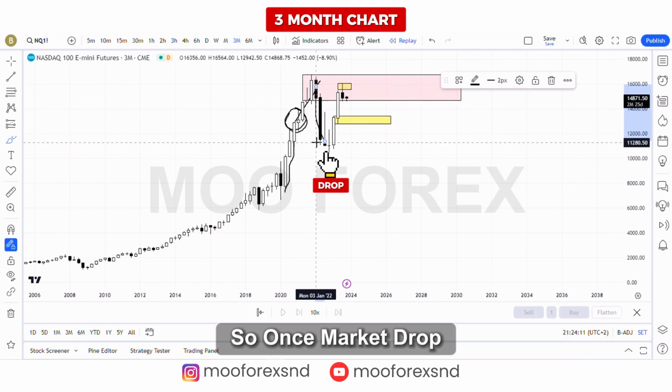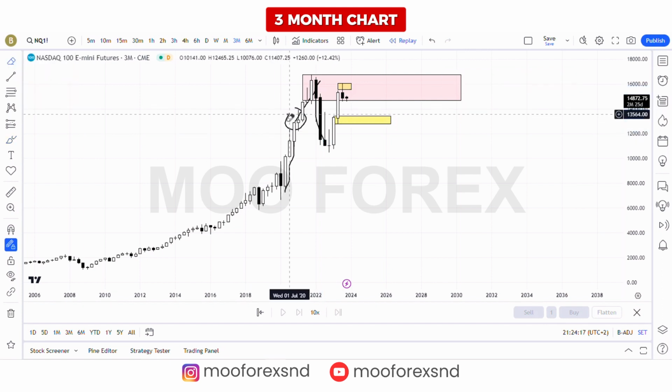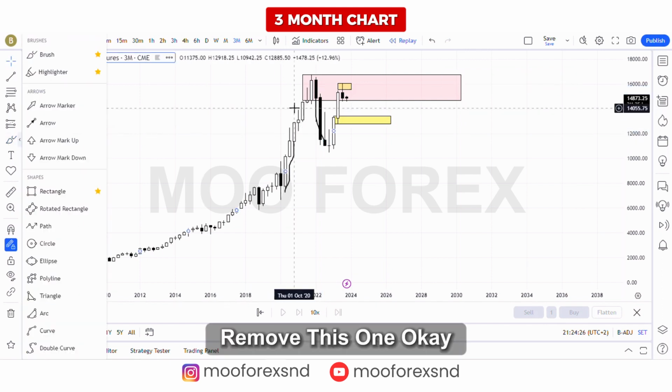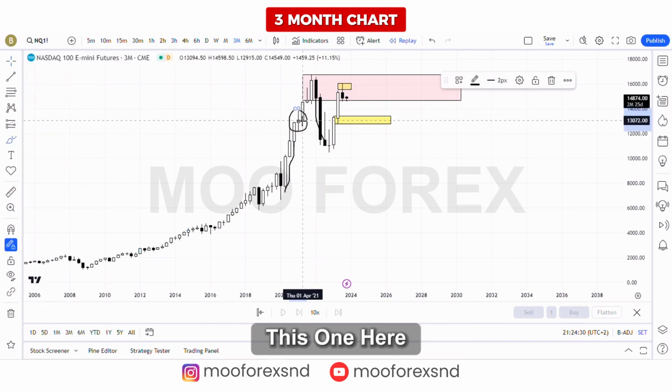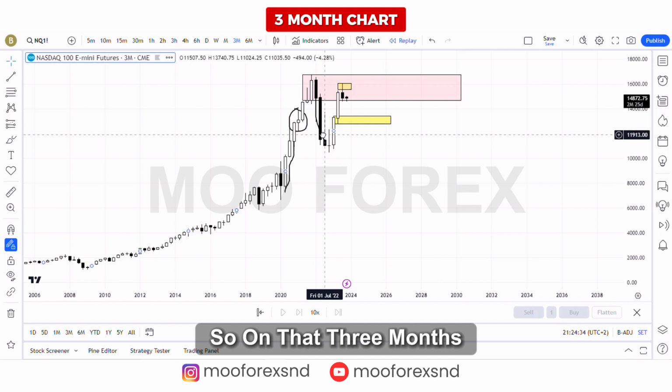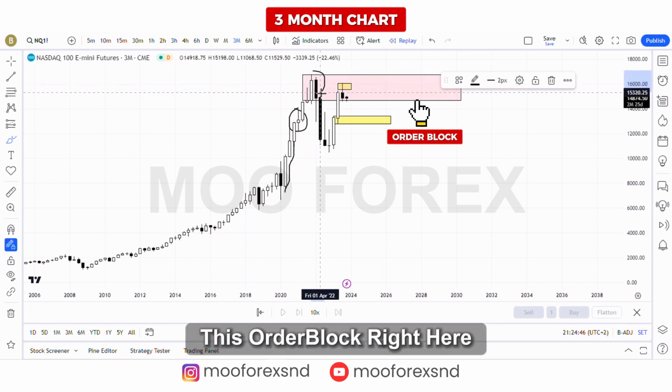So once the market dropped, it actually removed this one here. So on that 3 months chart, once price dropped, I actually drew this order block right here,